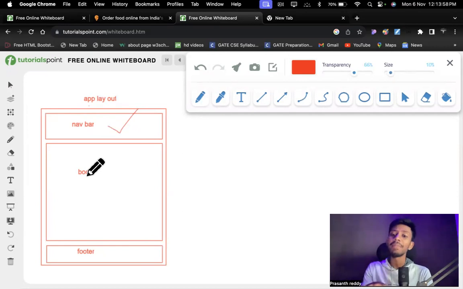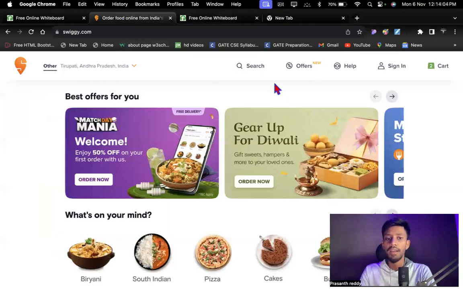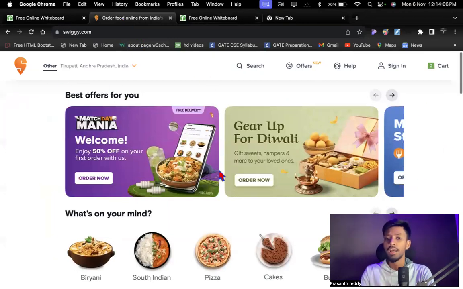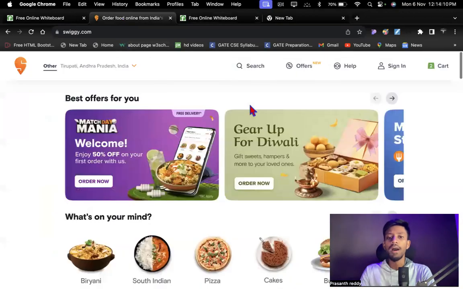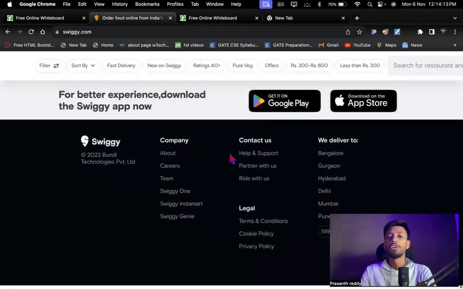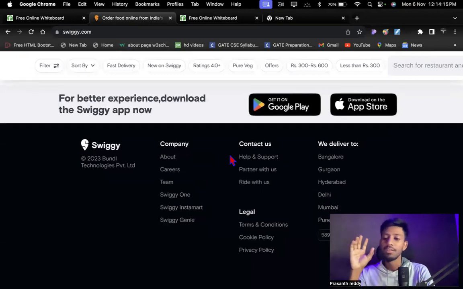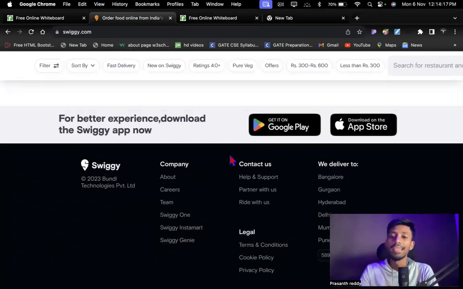But inside the body, again, we have different components, guys. If you go inside this, what do we have? This is the navbar. This entire thing is nothing but the footer. This is what we call the footer. See, navbar, body, and below it the footer. In any application, this is the same structure they follow. The industry is following this.